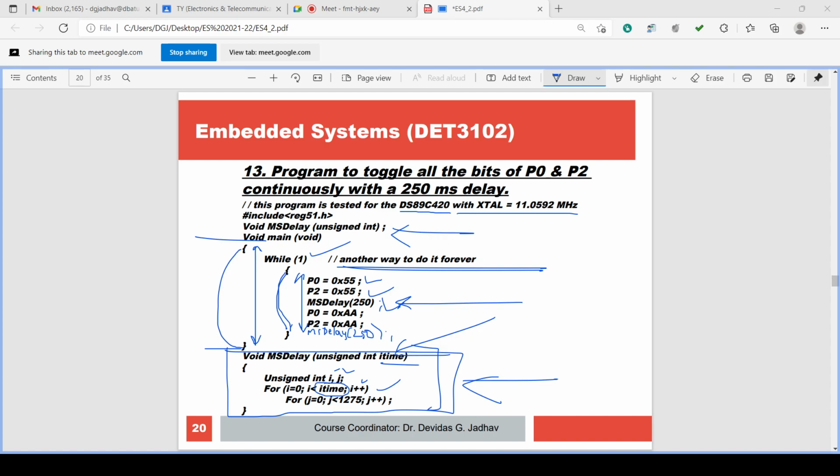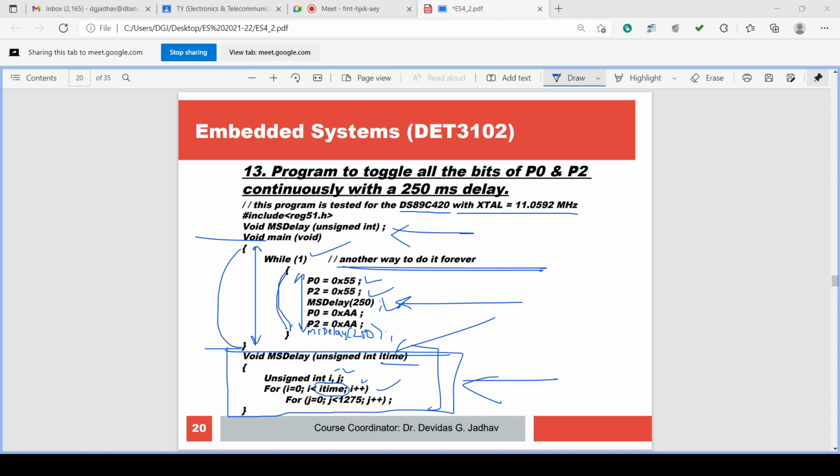After execution of the delay, P0 and P2 had 0x55. Now after execution of the delay, it is changed to P0 equal to 0xAA and P2 equal to 0xAA. From 01010101 it is changed to 10101010, isn't it? But again delay is executed.